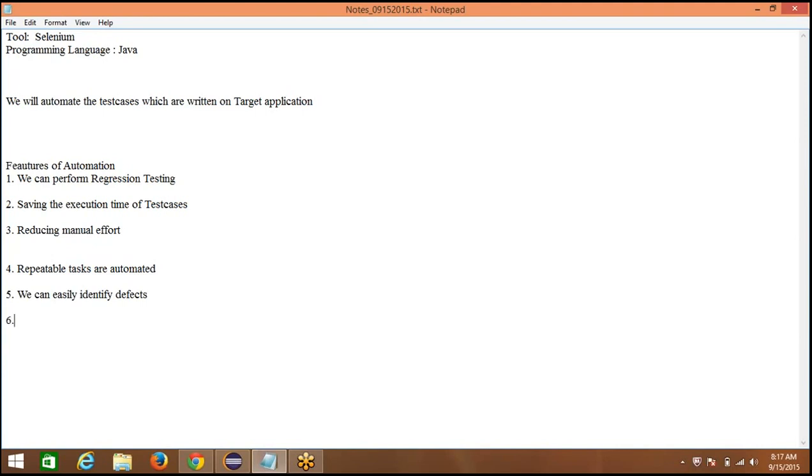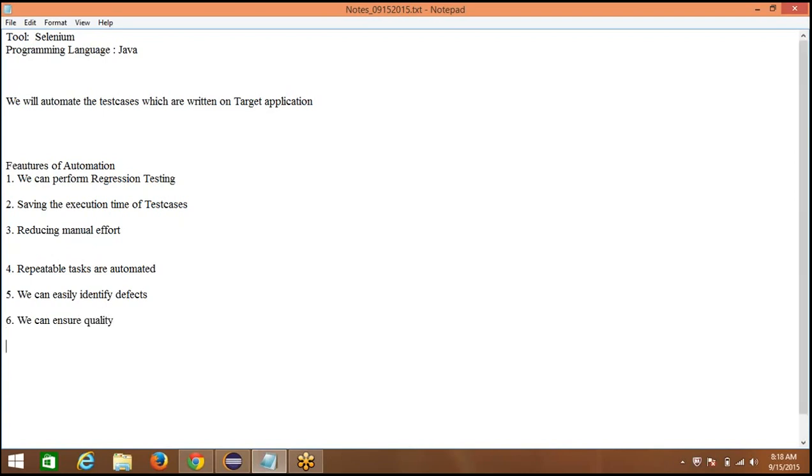If all these things are maintained, definitely one thing is proved, that is called quality. As I said, if the application is user friendly and satisfies the customer requirements, then only we can say that it is a quality product. So by automating, since all the things are going positive, I mean to say all the test scripts are passed, we can assure the customer that it is a quality product or application.